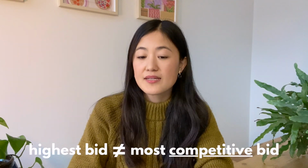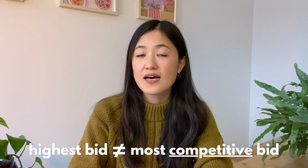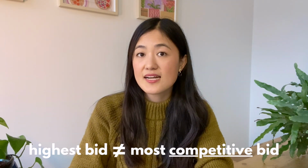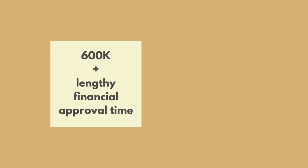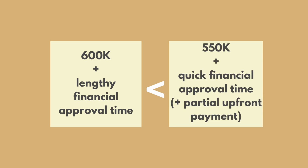There are a few important things to say about the bidding process under these kind of competitive circumstances. The best bid is not necessarily about submitting the highest price. The conditions that are attached to your bid are just as important. For example, a very high bid that requires a very long financial approval process, or one that relies on a high borrowing amount,